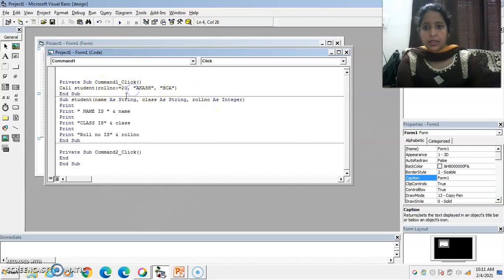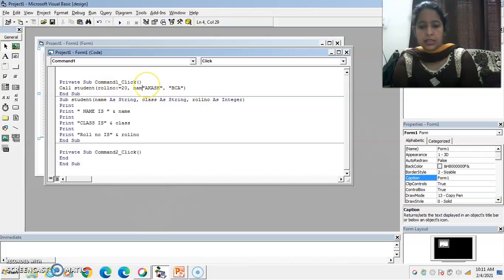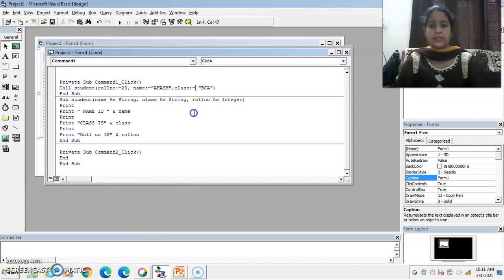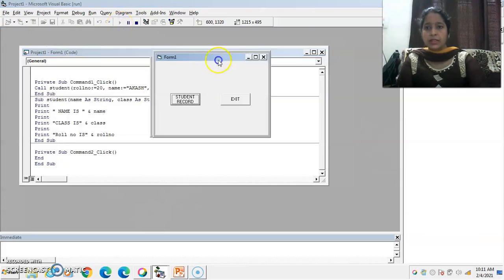Okay. Roll number for 20, name for Akash and class for BCA. Okay. Now run this program again.